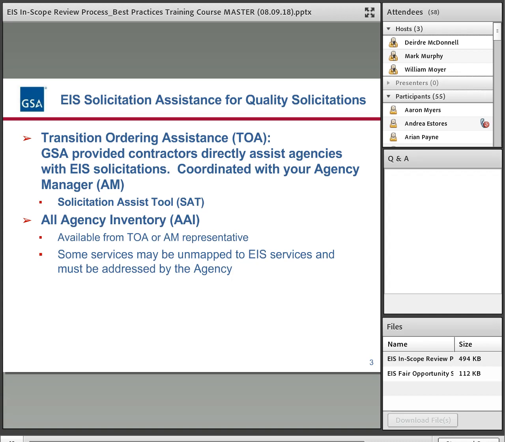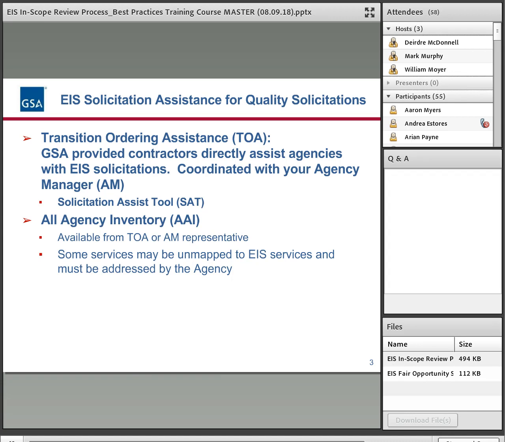I also want to mention all agencies should have available to them the AAI, or All Agency Inventory. This is an inventory of your networks, your WITs, your LSA information that is available.